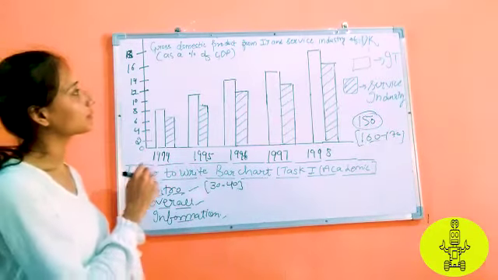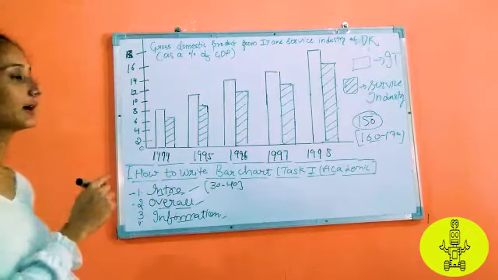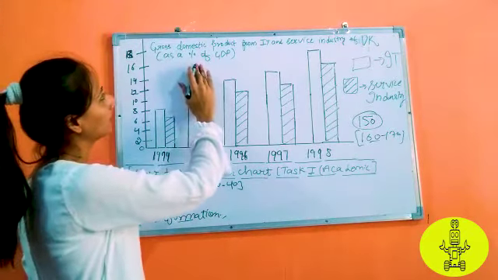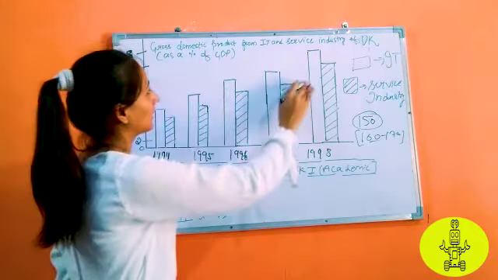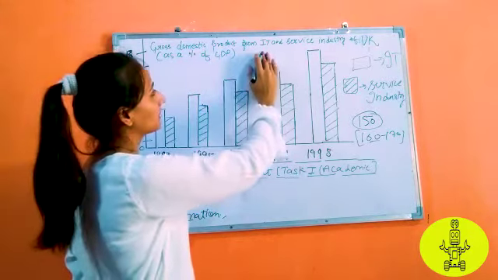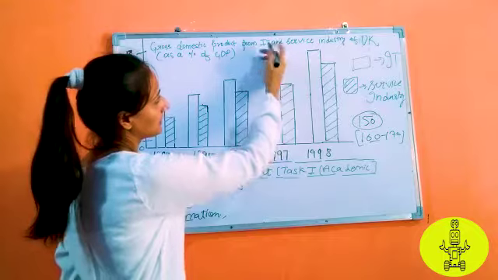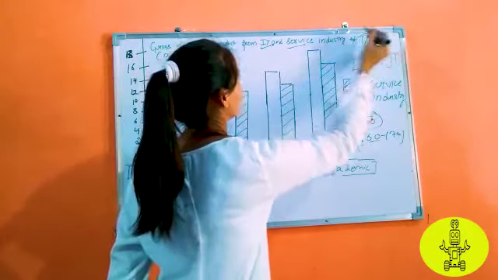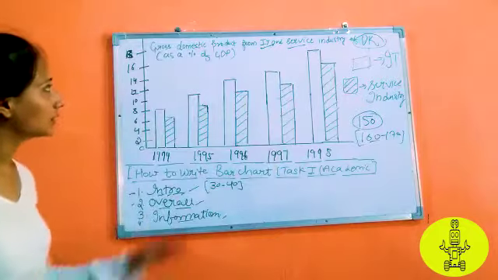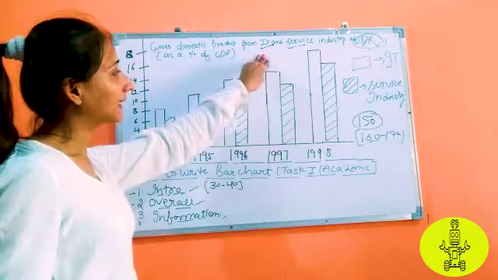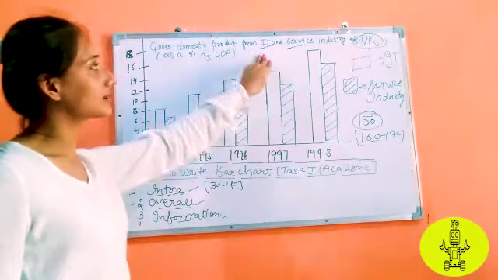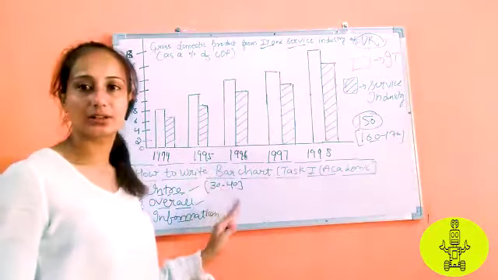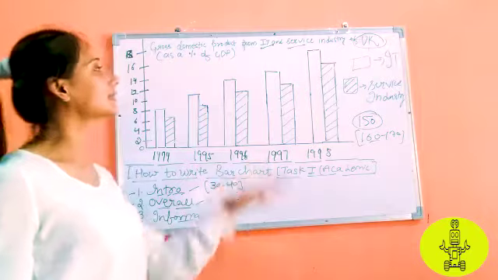In the introduction, they will provide you a heading. As you can see here, this is the heading. The heading is that this bar chart is showing the gross domestic product in different sectors. One is IT and the second is the service industry, and the country is the UK. Whatever heading they provide you, you just need to rephrase that heading and write it as your introduction. That's all you need to do. Nothing else.